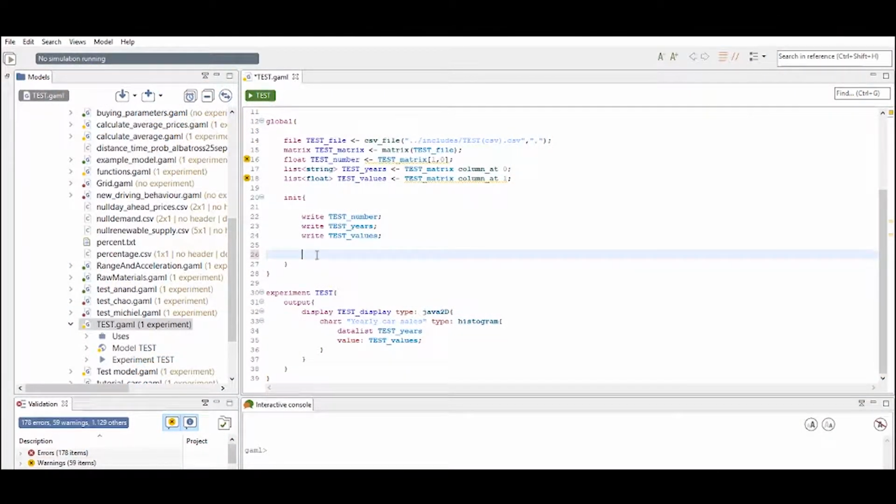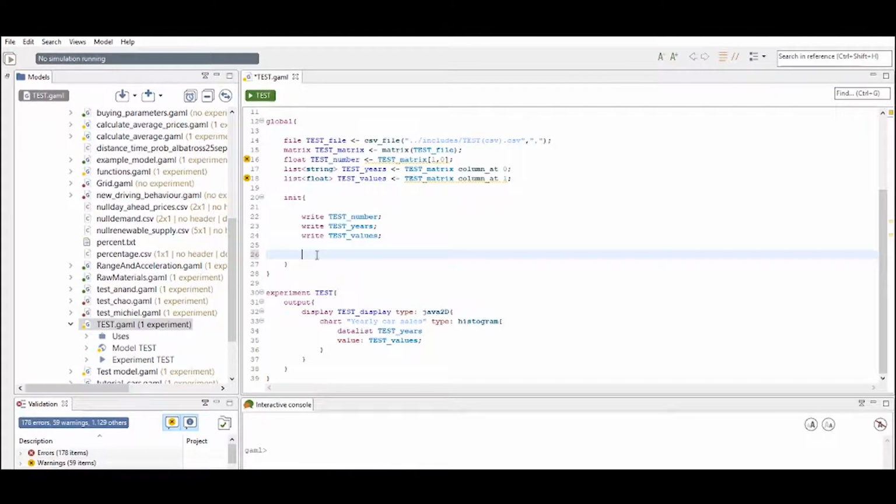In this video I want to explain to you how you can export data generated in your GAMA simulations in a CSV file. To show you how to export data from your GAMA model into CSV file, I want to use the same test model as I used in my tutorial where I explained to you how to import data into your GAMA model. So we created this little model right here called test.gaml, and let's suppose we want to